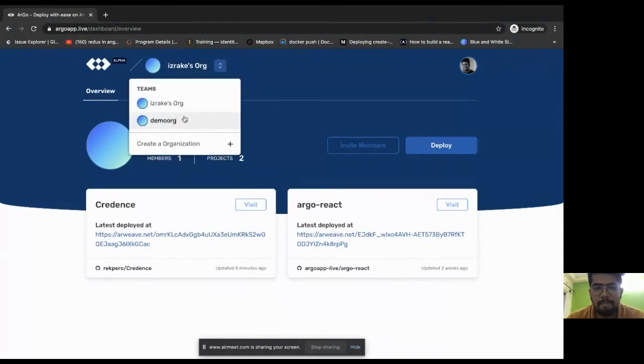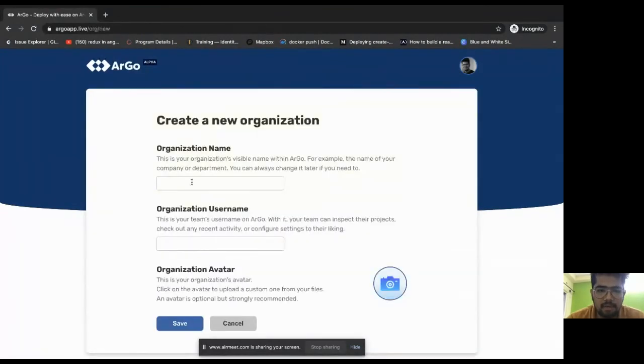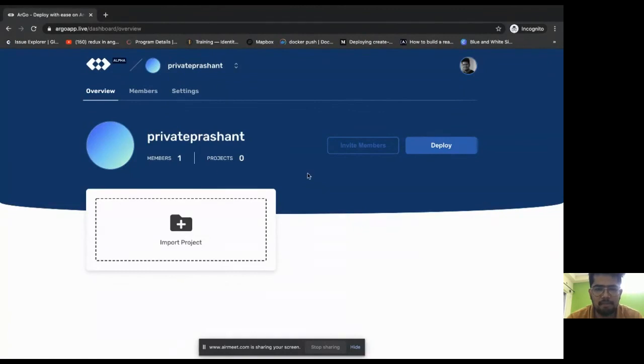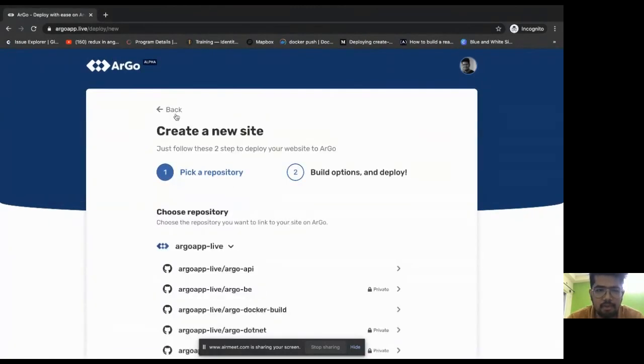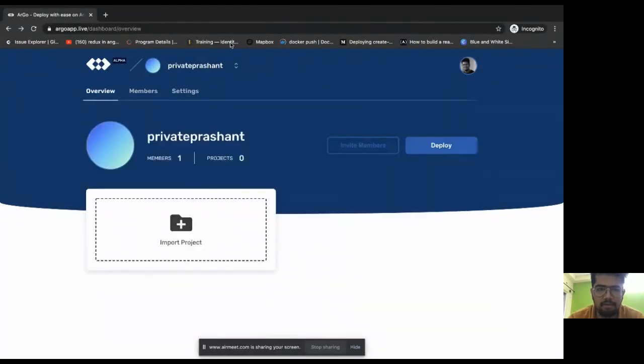And also there is one more feature. Let's say I want to create my own private organization, which I do not want to share with other members. What you have to do is come here and say this is Private Prashant's Organization. Go here, create your organization, save it, and here you are with your private organization. You can go and deploy here,